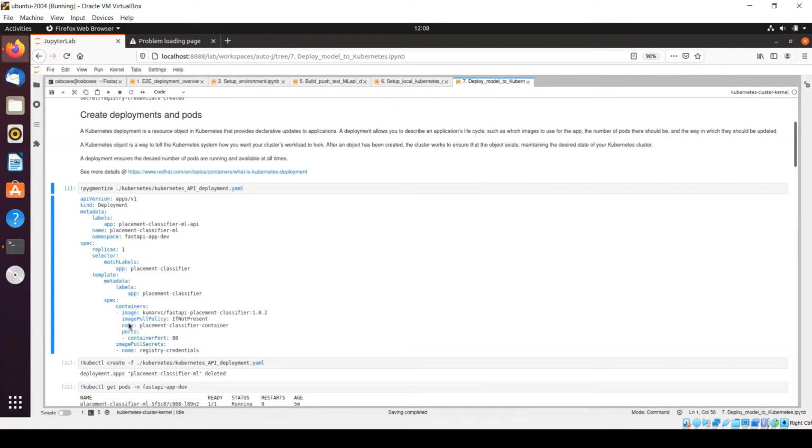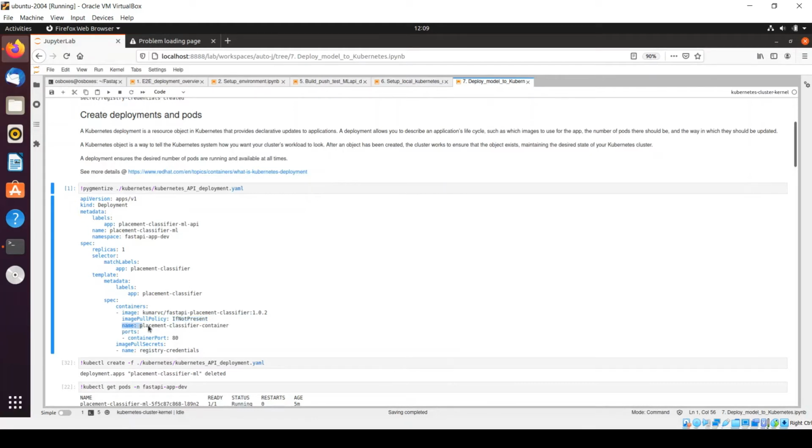Also, you can see that we have another parameter called imagePullPolicy. Here we have defined it as IfNotPresent. What it means is, whenever you start running your application, it will run this container, and for the first time it will try to pull that image from Docker Hub and store it. For the next time, it will not try to pull that image from Docker Hub, and it will automatically pick the image which it has already pulled initially for launching your container inside a pod, right? So that's the meaning of this.